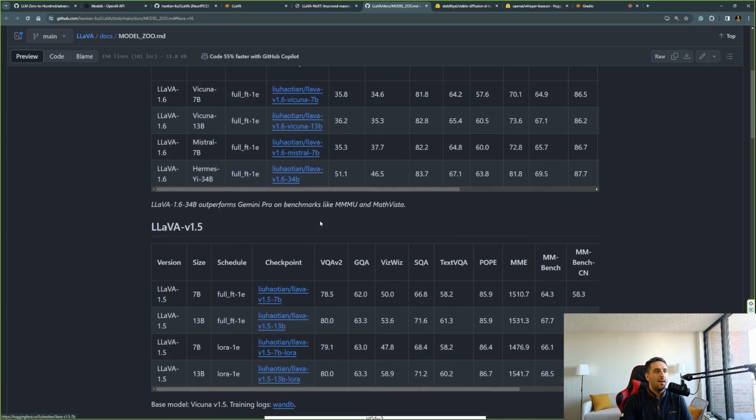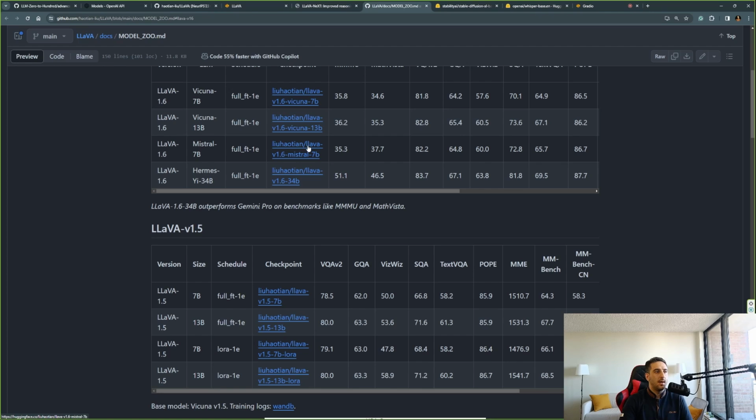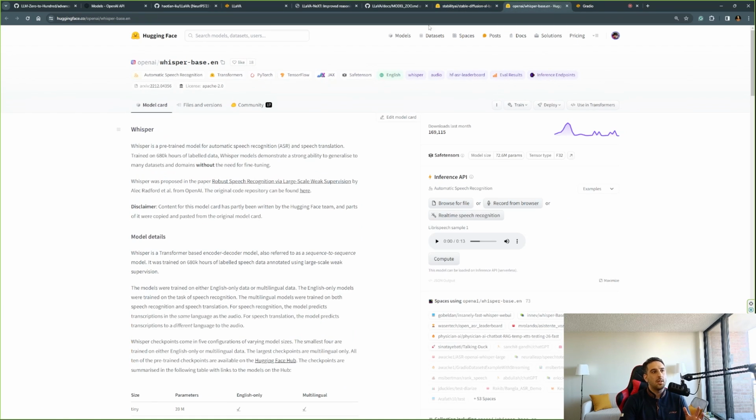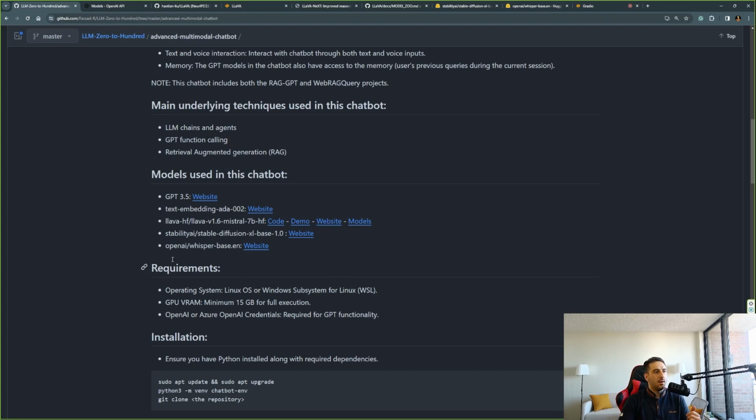So they have LLaVA with Vicuña and with Mistral 7 billion, and for this project I'm using this one, LLaVA with Mistral 7 billion. And for the stable diffusion, I'm using this model from Hugging Face, and for speech to text, I'm using an OpenAI Whisper-based model. So these are the models that I'm using behind the scenes for the chatbot,